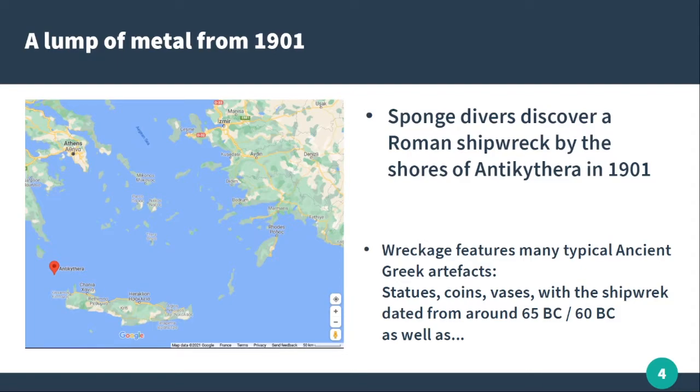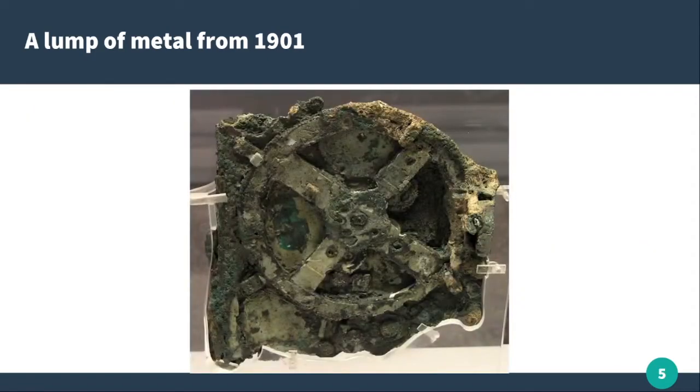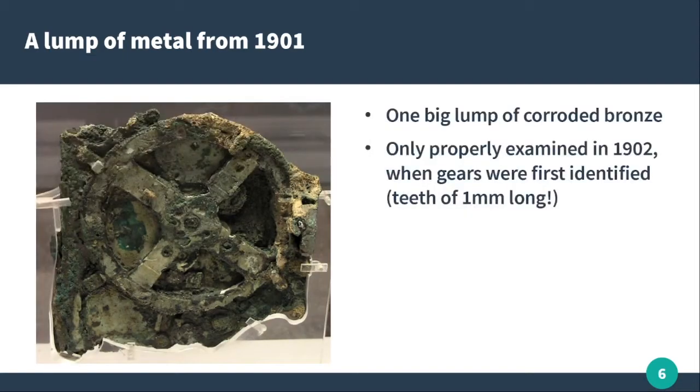And among all the items found in this shipwreck, they also found this. I know, it looks like a corroded lump of metal, because that's kind of what it is. That lump of bronze was only examined the following year by experts, and they discovered that it actually had gears on it. You can tell some of the teeth, and the teeth are fairly small, like 1